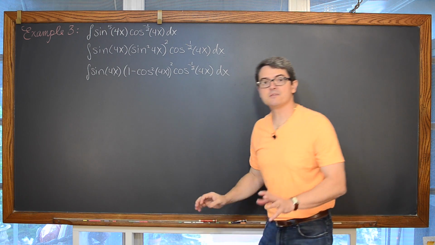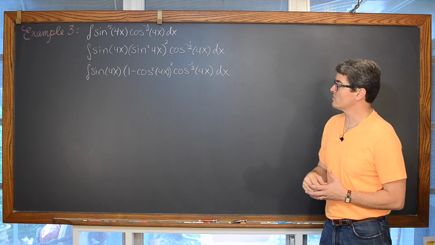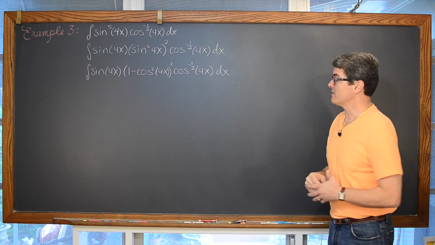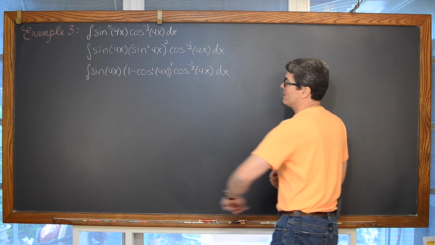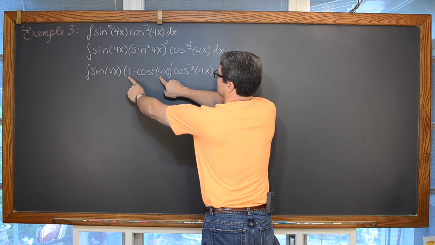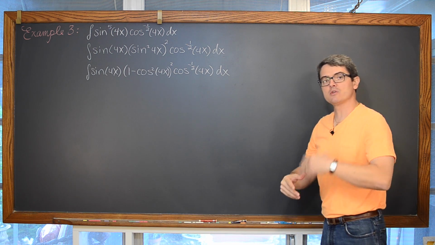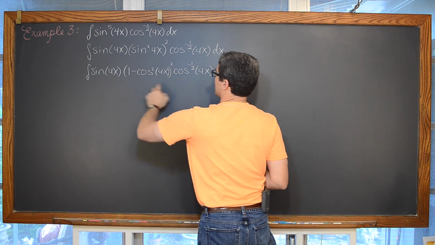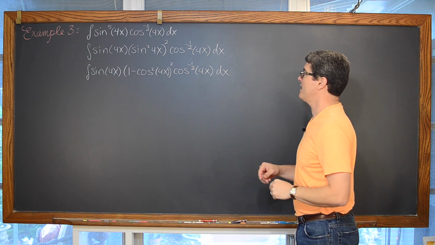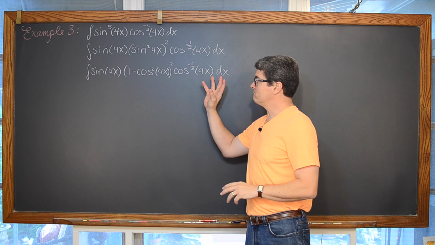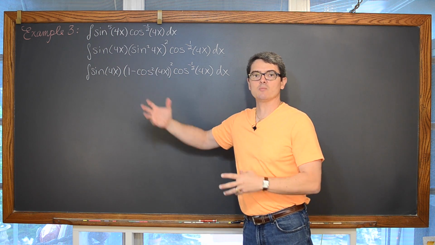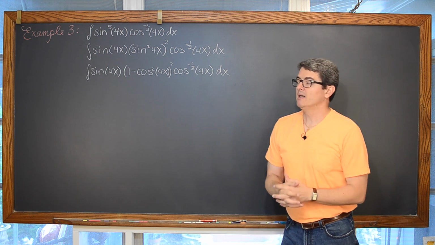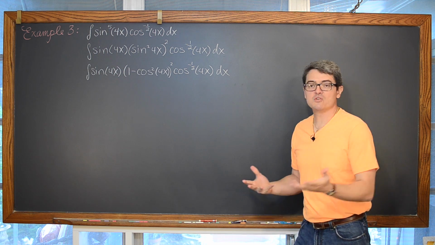Now at this point, this is where I'm going to step off and start revealing the solution one step at a time to keep this lesson as short as possible, yet have a bunch of examples in it, plus give you the opportunity to go ahead and finish this. We're going to take this binomial raised to a power of 2, which of course is going to give us a trinomial, and then take this sine of 4x and this cosine of 4x to the negative 1/2 power and distribute it through those three terms and create three separate indefinite integrals, or three separate integrands, and finish the problem up.